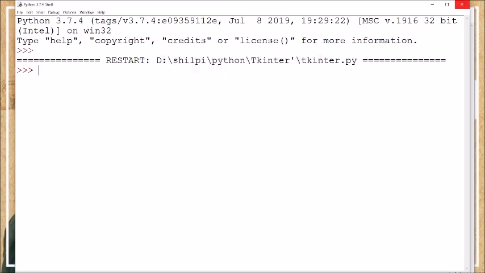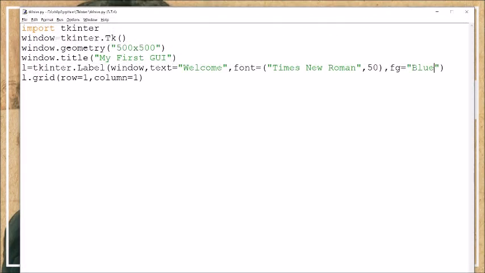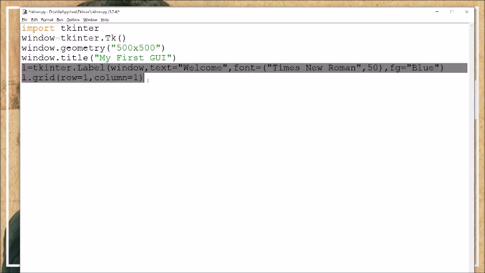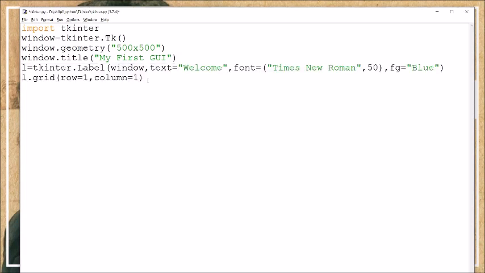So now comes button. If you want a button to be displayed, a button is basically just like a normal button on the dialog box, which you must have seen, OK or submit, the same type of button. If you want to display it, you can display it using tkinter in Python. So it is exactly the same as label. To use it, I'll just copy paste it, because the coding is exactly the same as label.